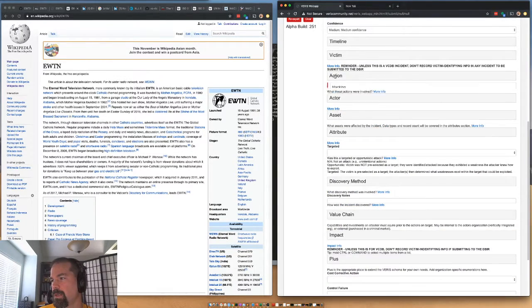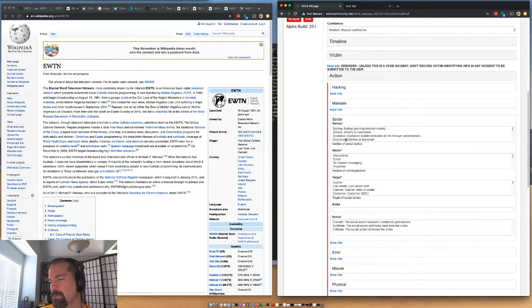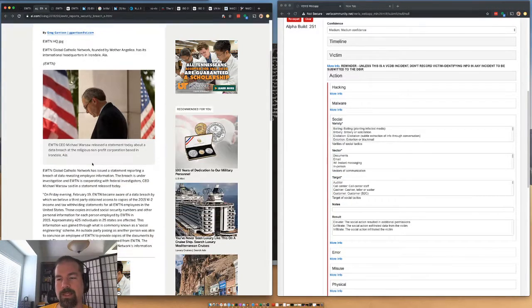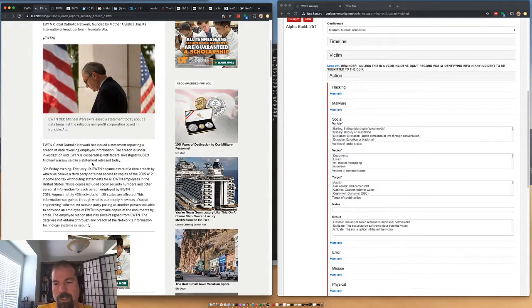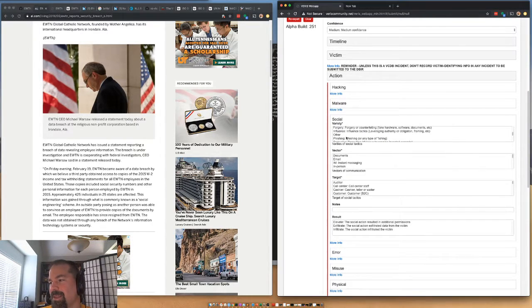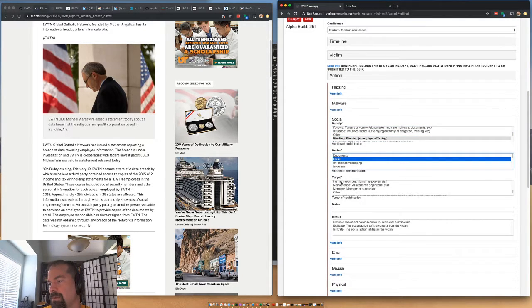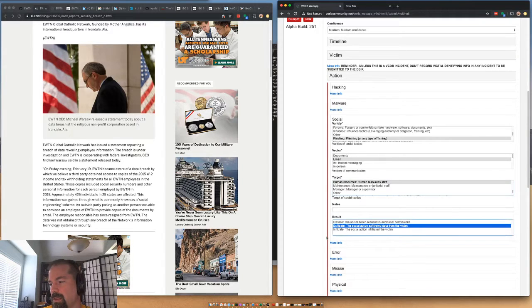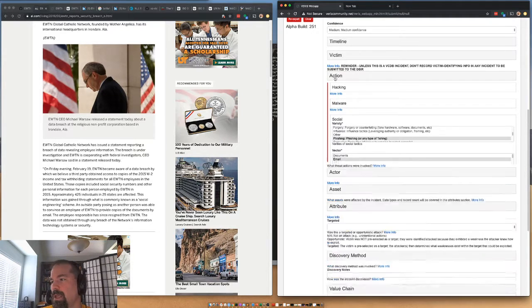And this was a social attack. Did they say exactly how? I mean, it had to have been phishing, right? That's how these happen. An outside party posing as another person was able to convince the employee to provide copies of documents by email. Yep. It just writes itself. The target was obviously in human resources. If they had access to this, it was to exfiltrate data. And that was kind of all it took.